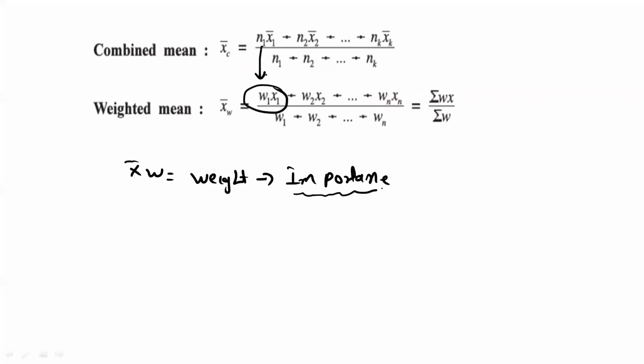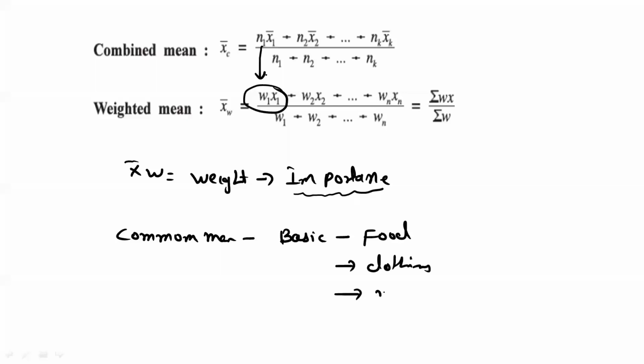For example, take a common man. His importance is to satisfy his basic needs. So he gives first importance to his food, then he gives importance to clothing, then to medical, and then to education. Maybe he gives education top importance, whatever. So these are all importance he says. Food is first importance, clothing he may give 2, medical maybe 3, and education maybe 4. Friends, this is known as what?